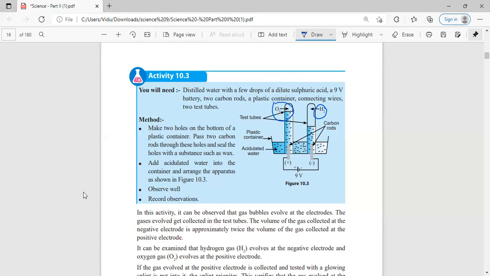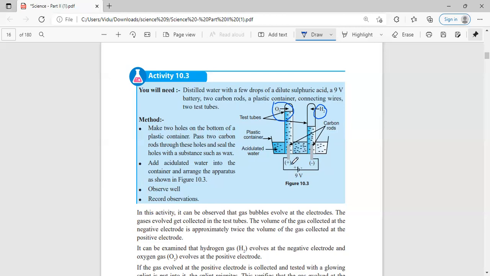When you get the conclusion, the gas evolved at the positive electrode is collected and tested with a glowing splint. So when you do the activity, we know that hydrogen collects at the negative electrode and oxygen collects at the positive electrode,